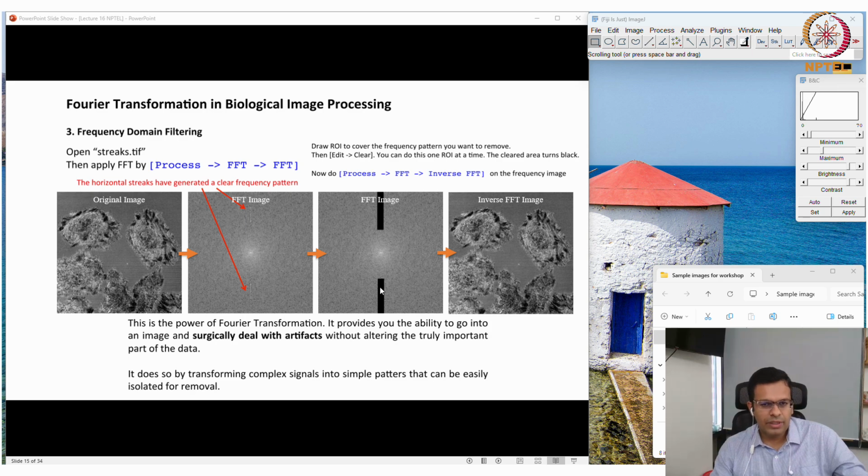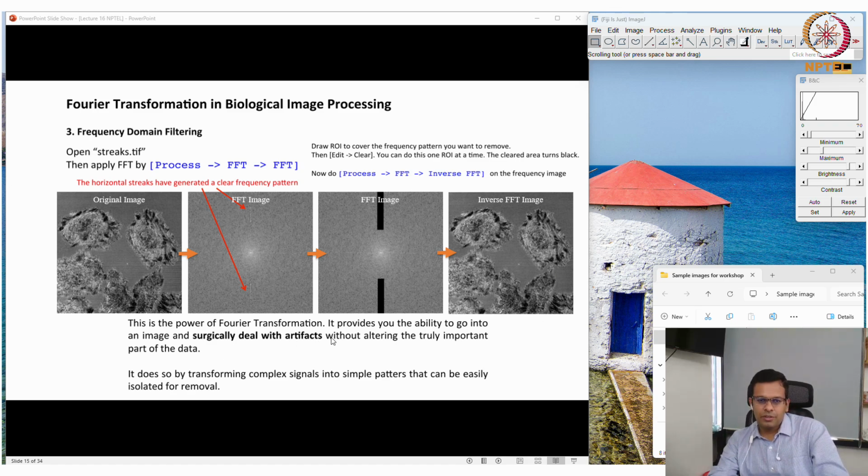So basically we are removing that signal in the frequency domain, and then again we can inverse this image from FFT. We can use the inverse FFT function, inverse Fourier transformation function, to generate the original image. And from this image you can see now this kind of streaking effect is not there. Okay, so Fourier transformation is generally used to remove any kind of artifact in the image. So this is an image artifact, okay, and that you can remove using this Fourier transformation function.